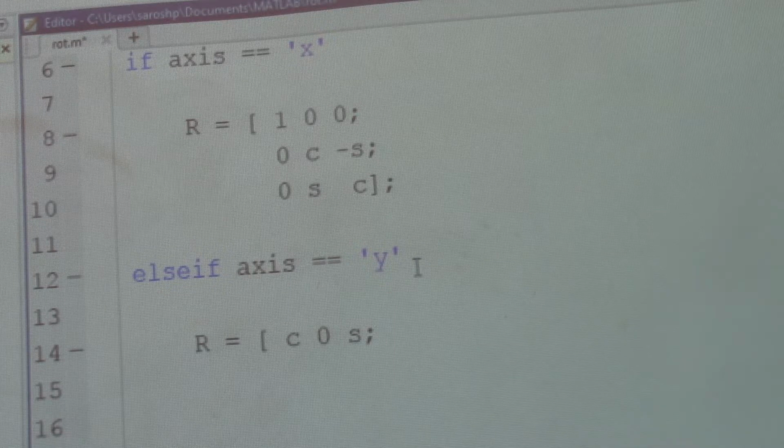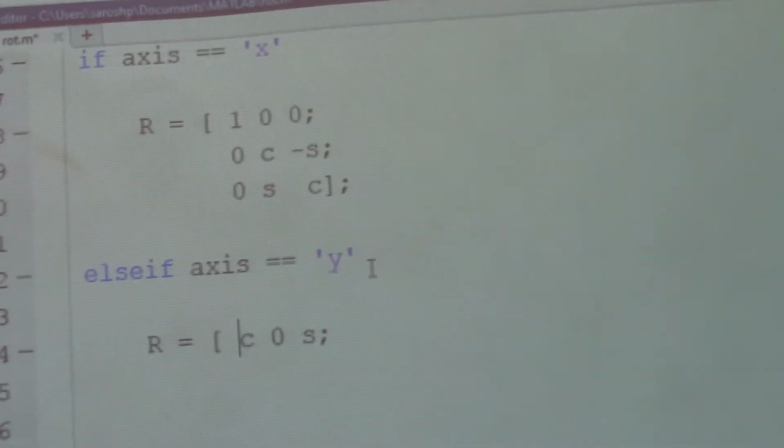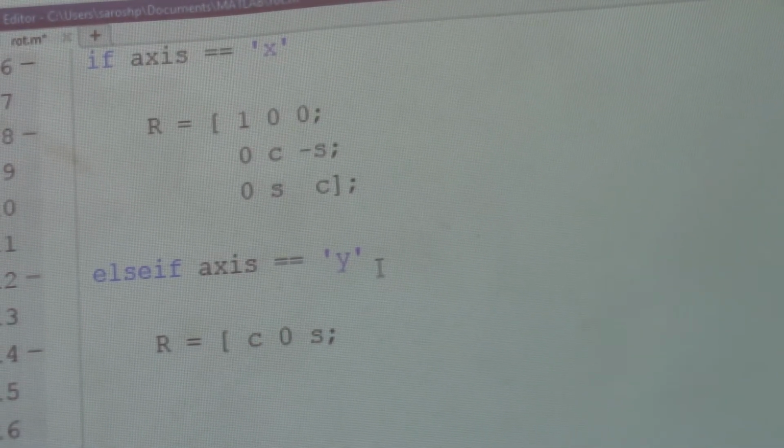Why are you using the double quotation? There's a single apostrophe. Where is the double? Why are you saving this on this? Save it in the current folder. Where's the current? What's in the current folder? Save it in the